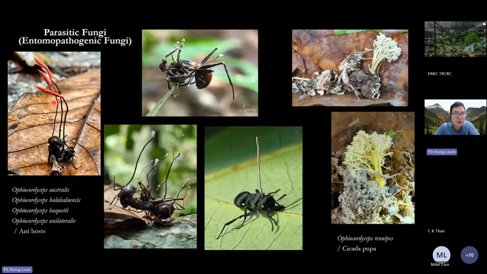So the most common entomopathogenic fungi that I've seen in the wild actually is Cordyceps. So actually this is a living ant. They're infected by the Cordyceps, the fungi, and then the fungi will manipulate the behavior of the ants, and then the fungi will grow from the inside of the ant, on a living ant, and eventually it will kill it. Okay, it looks cruel, but